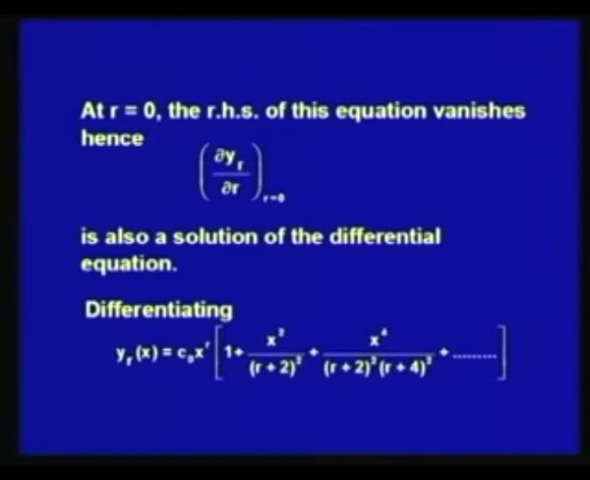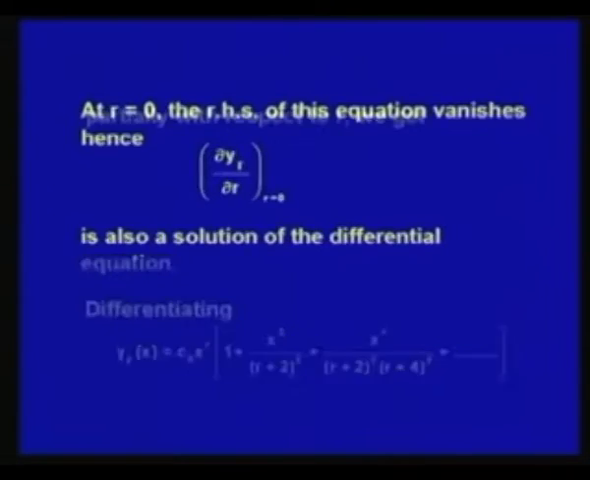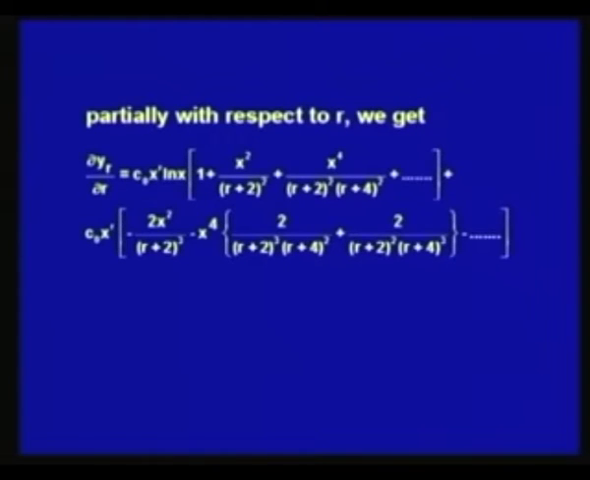So when we differentiate y(r,x) equal to C naught x to the power r into 1 plus x square over (r plus 2) whole square plus x to the power 4 over (r plus 2) whole square into (r plus 4) whole square and so on, partially with respect to r, we will get ∂y/∂r equal to C naught into x to the power r into ln x into 1 plus x square over (r plus 2) whole square plus x to the power 4 over (r plus 2) whole square into (r plus 4) whole square and so on, and plus C naught x to the power r multiplied by minus 2x square